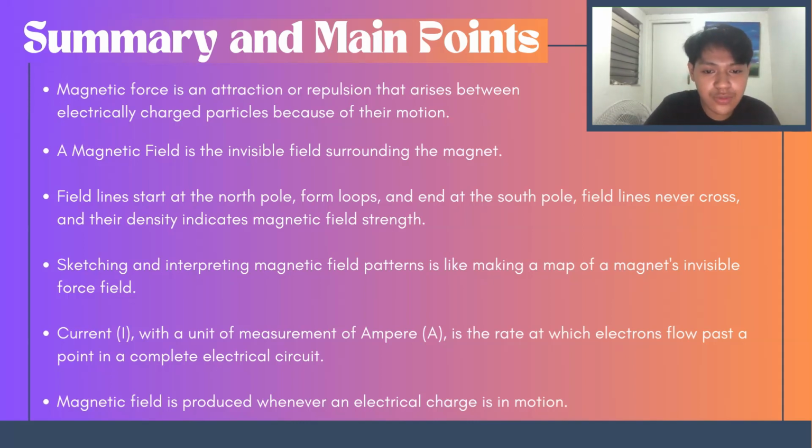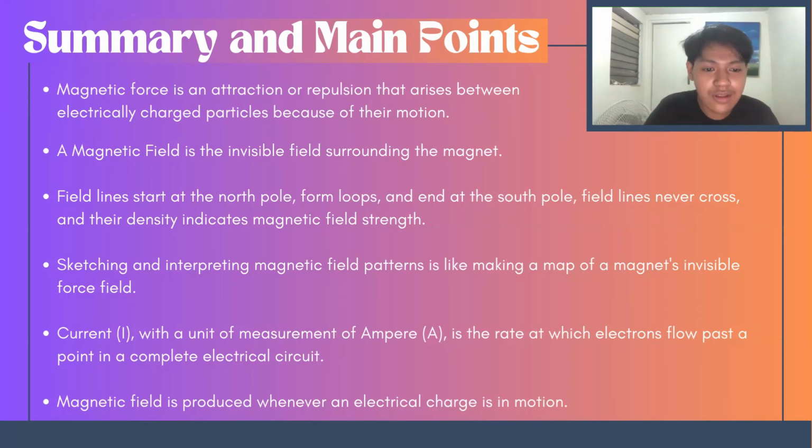Iron filings are used to visualize the invisible force around magnets. When we sprinkle tiny pieces of iron near them, they form lines that show the shape of the magnetic field, with the lines being thicker near the magnet ends, where the force is strongest. This experiment helped us understand how magnets attract and repel each other, and it's a great way to learn about